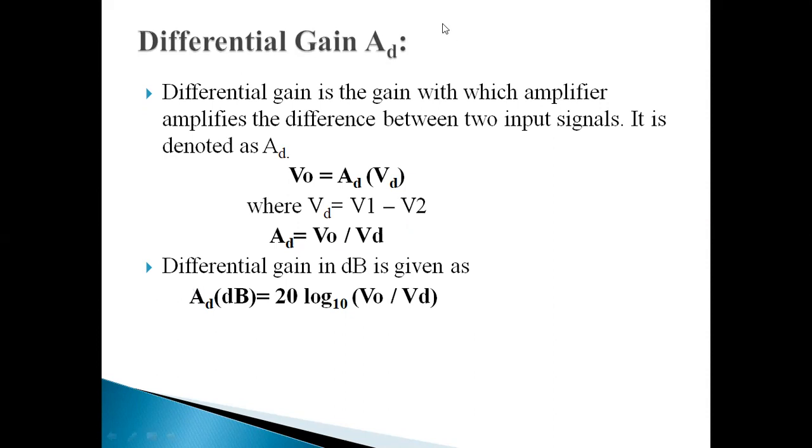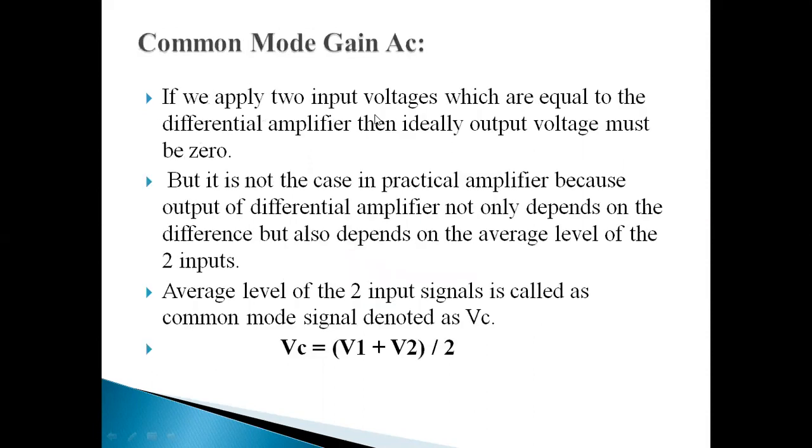Okay. And the next type of gain is common mode gain. It is represented as AC. So normally the differential amplifier amplifies the difference of two input signals. Okay. And it also eliminates or rejects the common signals. So the differential amplifier amplifies the difference of two input signals, as well as it also eliminates or rejects the common